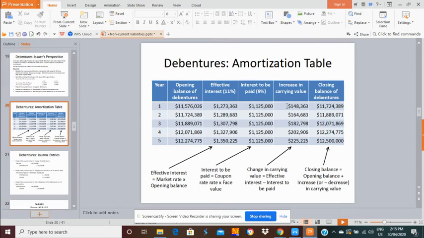So when you do this table, it's called an amortization table, you need to compare the coupon interest, the actual interest, with the book value of interest and find the difference. And then this difference must be either added or subtracted so that in the end you get the face value. So in our case, what do we do here? It must be added. So you add 11.5 million plus this difference and get a bigger value. In the next year, you again add this difference and get an even bigger value. And in the third year, you take this difference and add it here and get even